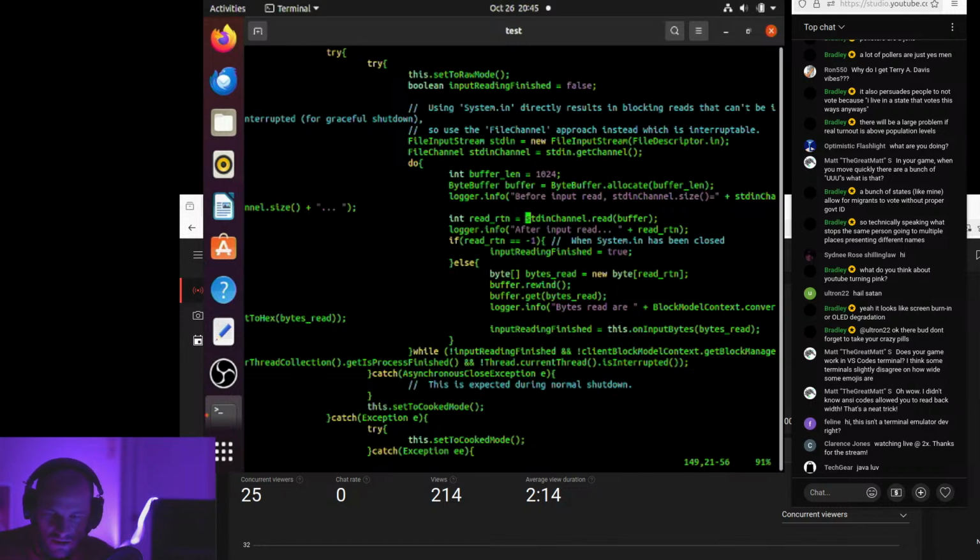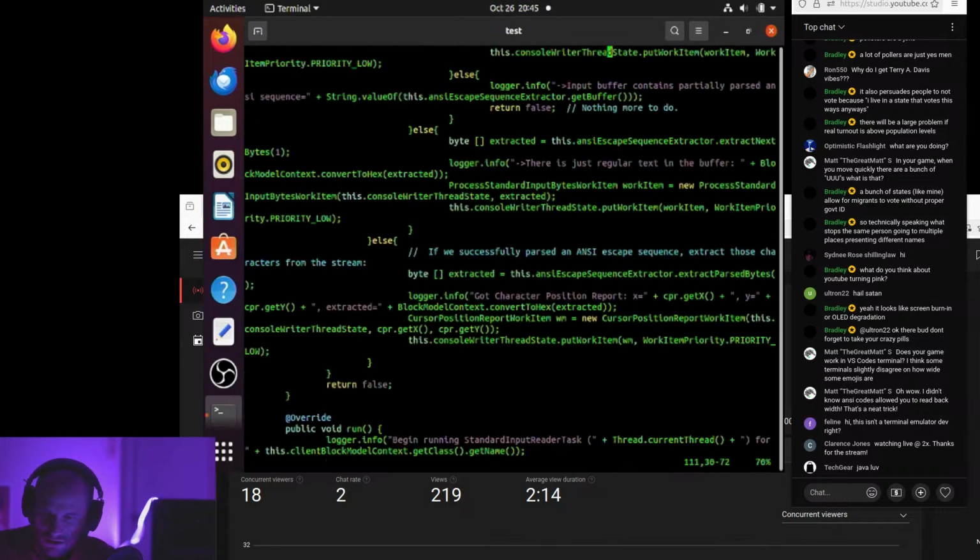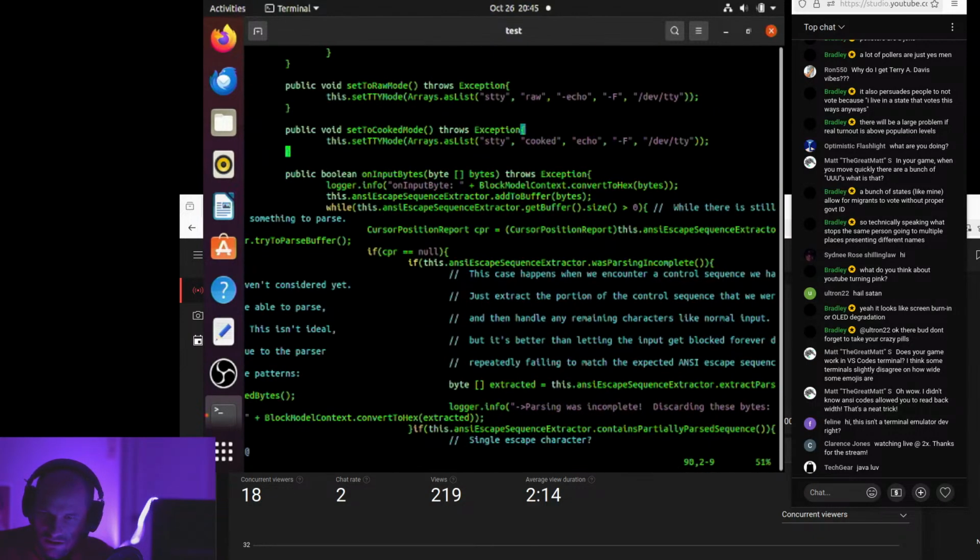But the cursor position reports also come in through this. And I've found there are some tricky cases: if I type the escape character, it's difficult to tell the difference between an escape character and an ANSI escape sequence, like pressing the arrow keys or a cursor position report. But anyway, what this does is just read from standard input. It calls the on input bytes,